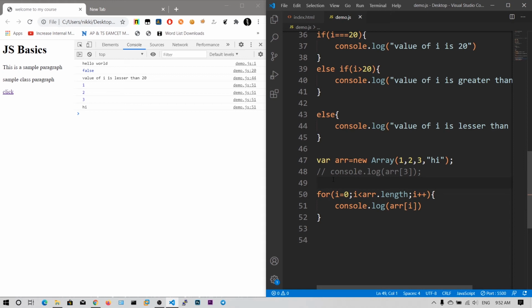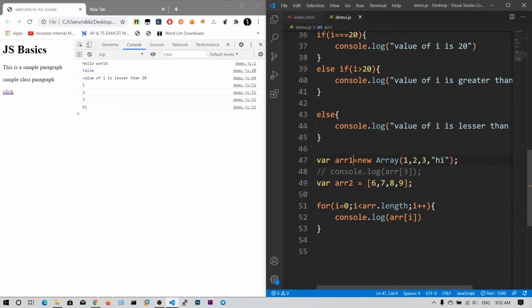So there is another way of declaring arrays. This is the common way you can see in other programming languages, like say 4, 5, sorry, let's say 6, 7, 8, 9. So this is, let's say, array1.